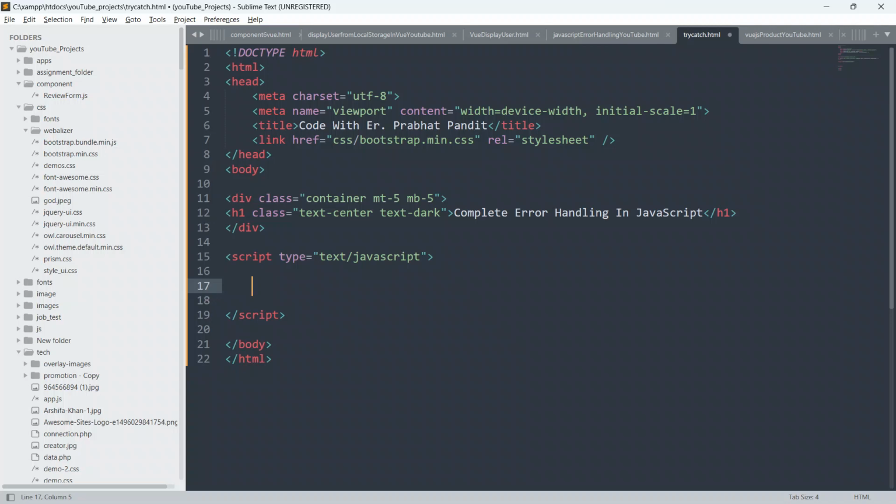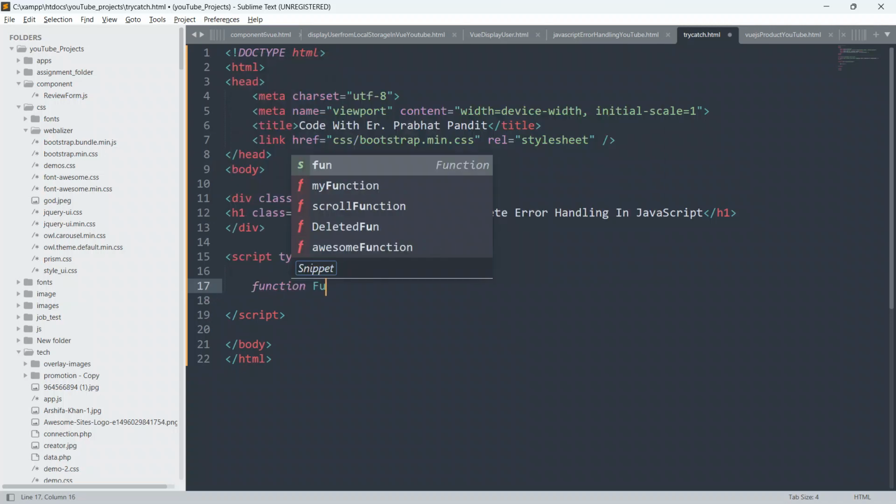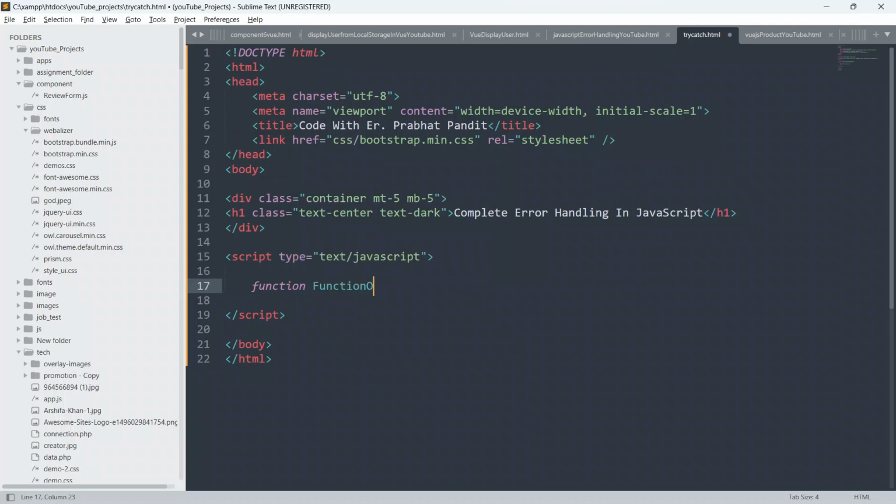Now I'm going to create a function first. So create a function, function1, and I will pass a parameter here as value. Open curly braces, and if value is greater than or equal to 20, okay, this value I'm talking about, this value will be equal to 20 or greater than 20, then we will do something.